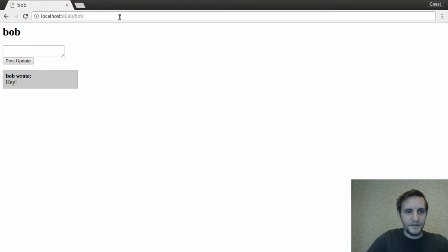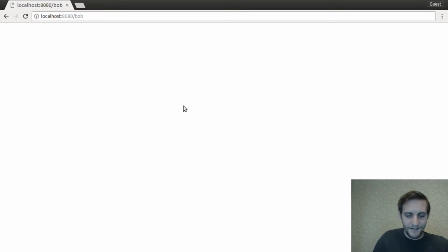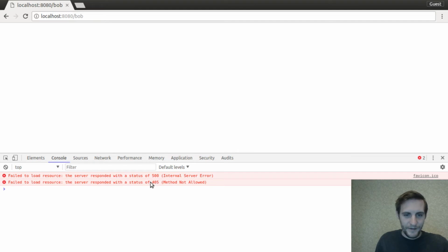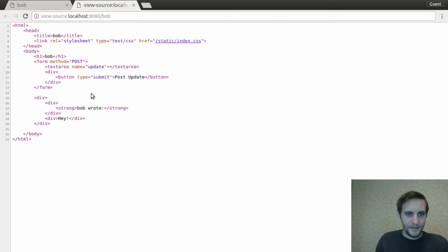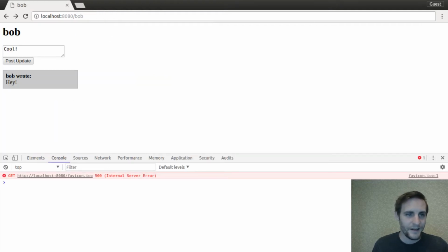We'll go to Bob's status updates. So you see how we have this post update form. We'll try to post something and it's going to fail. It's going to fail because of this method not allowed. And that's because this form is trying to post to this /Bob method, and there is no post handler for that, so we get method not allowed. If I go to the code,